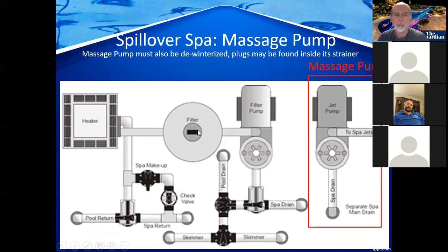Goes to the filter, goes to the heater, goes back to the pool, and then you have a spa return and a pool return. So this takes care of that one jet that filters the spa. And then this one over here simply sucks water from the bottom of the spa and blows it out the massage jets. It's just for a massage. It doesn't heat the water. It doesn't